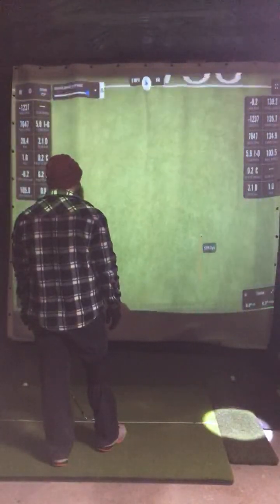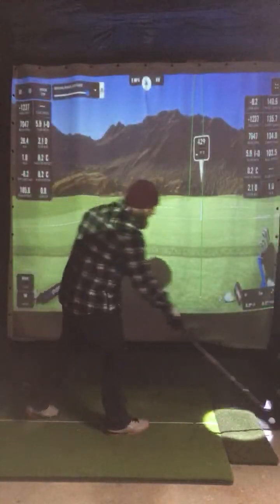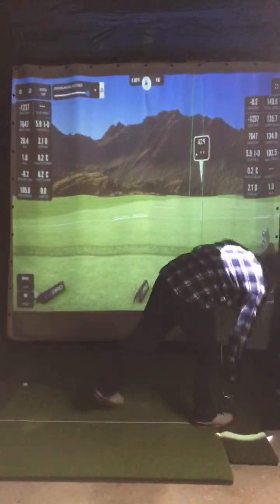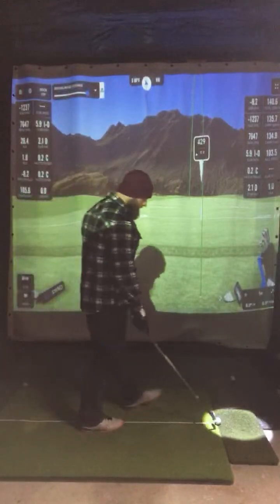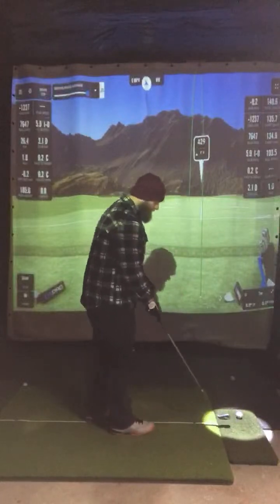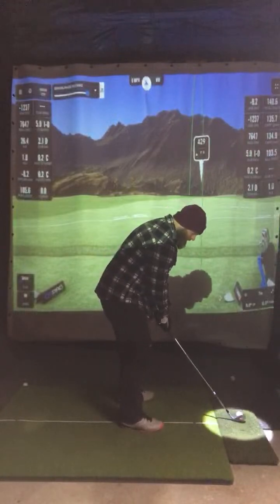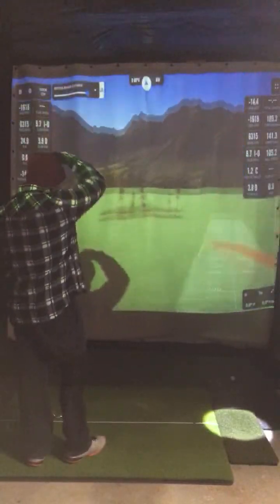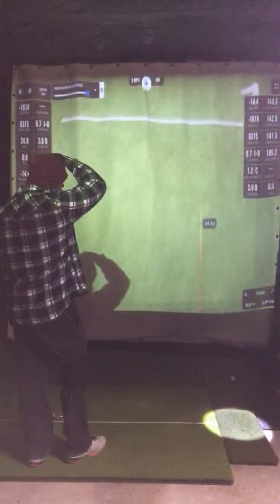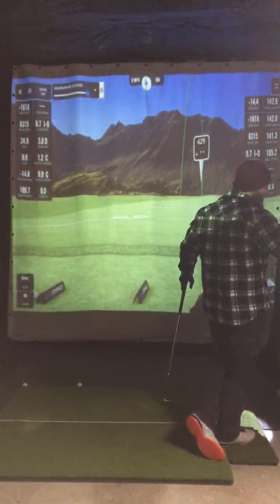That one felt better too. 140. I'm only 2.1 degrees down though. Still way too shallow, I think, for a 9-iron. It's kind of hooking off the planet, but maybe if it gets a bounce. Go! 147.8. It's probably not the best way to improve, to be honest, trying just to max out my distance, but...